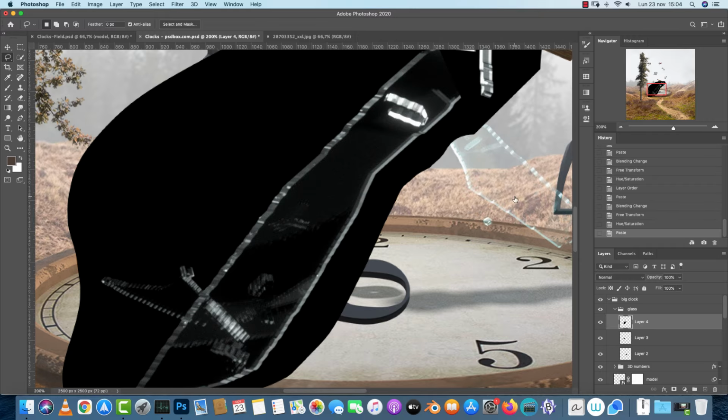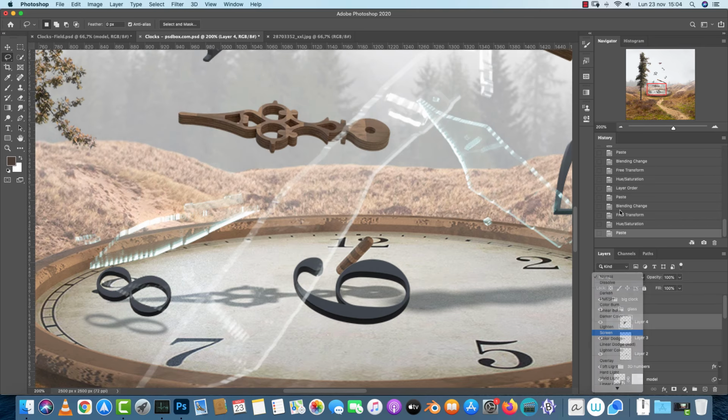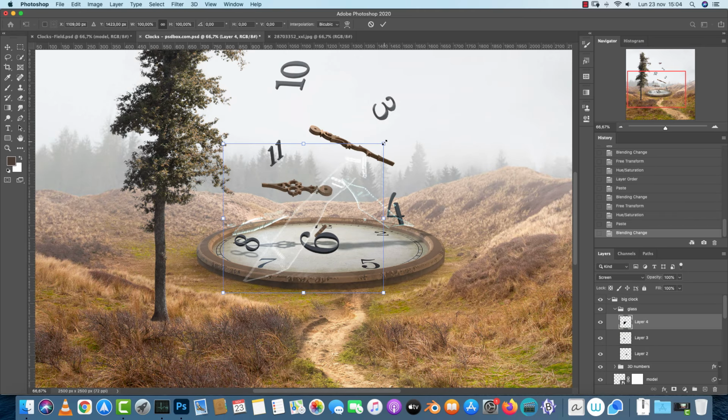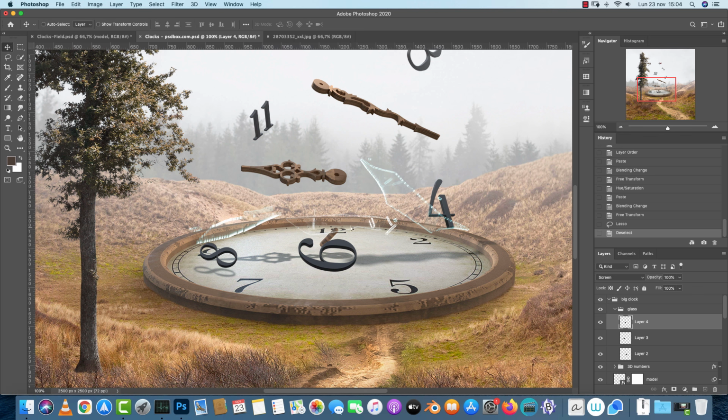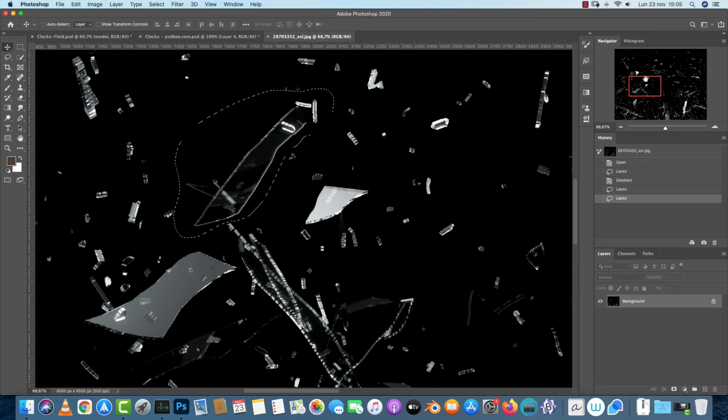Copy that, bring it here, change the blend mode to screen. So here I have to spend some time adding these details, but it's going to look nice if you actually do it right. And you have to imagine yourself, think a bit in 3D on how this would break and just create that flowing up effect. Option Command U to give it that subtle tone of blue, and yeah, let me add